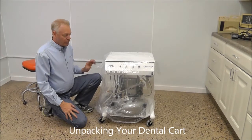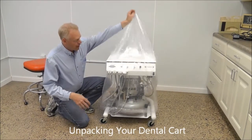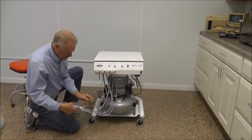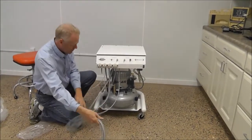Hi, today we're going to go through the setup of your new Invodent Dental Cart. Remove the plastic sleeve over the top of the cart. We'll go ahead and place our handpieces